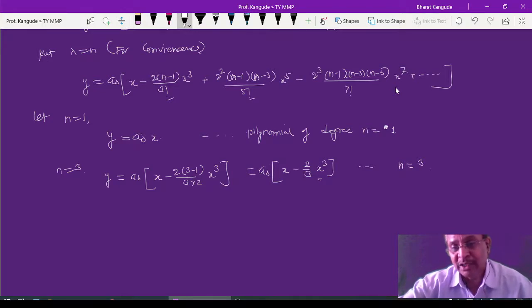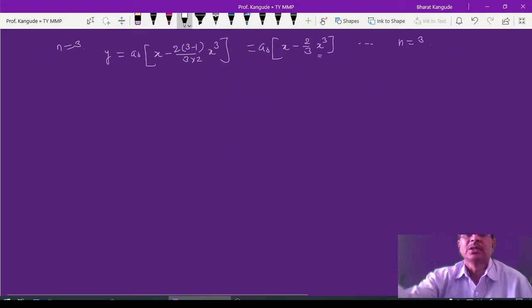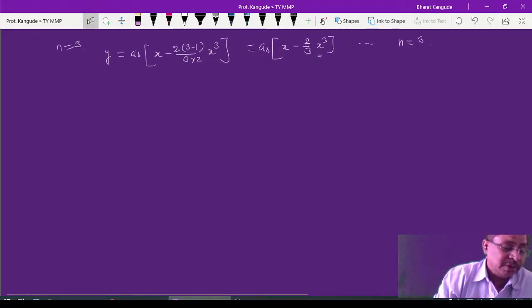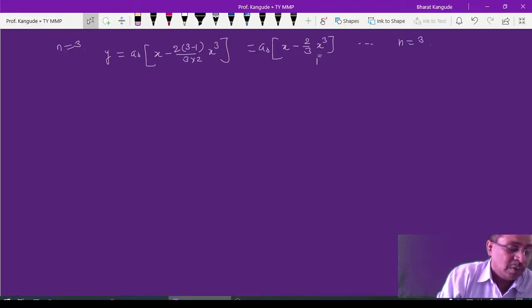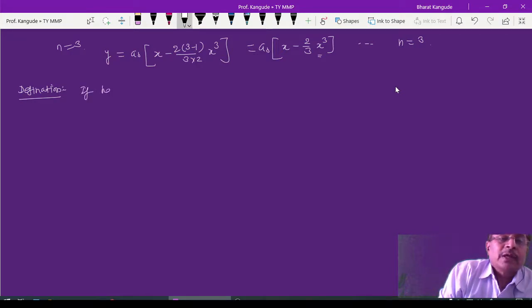Okay, so first we will write the definition, and then we will come across the particular examples of these Hermite polynomials. Now the definition. Remember, this definition is a bit different than the definition we used earlier in case of Legendre polynomial. So right here, if the coefficient, just to remember this, we have to write all these lines.